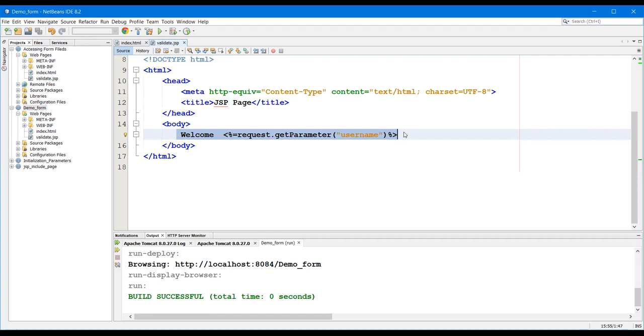That is a lot of coding. Here it is only simple tag-based coding, and with it we get the output.